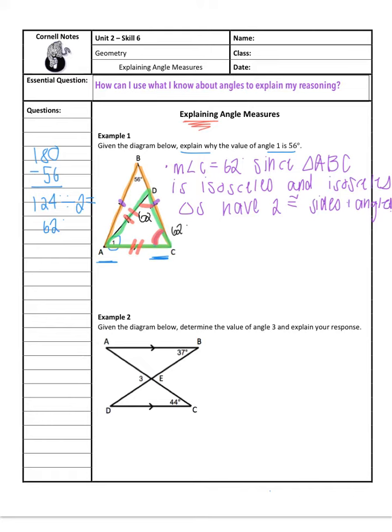I'm going to call that angle ADC. If you call it CDA, that's also fine. So the measure of angle ADC equals 62 since, and we're essentially going to write the same exact sentence we wrote up above. We're just going to change the name of the triangle. This time we're talking about triangle ADC is,